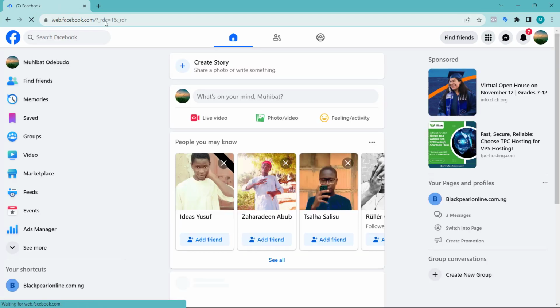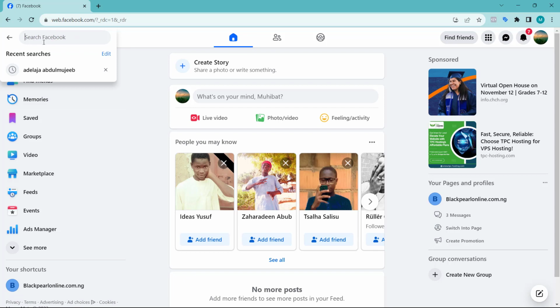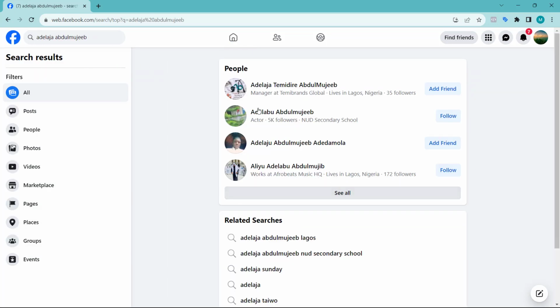When you are there, whatever name your representative for your group is using, you're going to search for the person here under search. This is an example of someone I've searched, and wherever he is, you just add the person as a friend. Once the person accepts the friend request, you now go to the second stage,